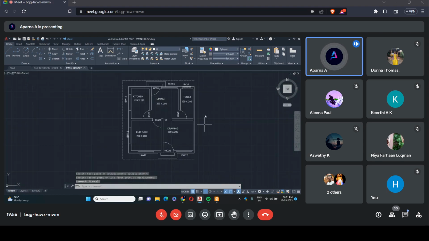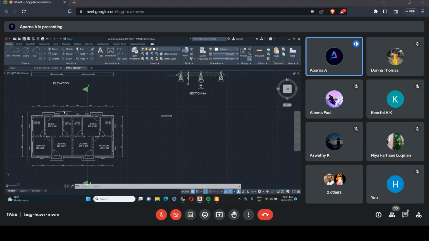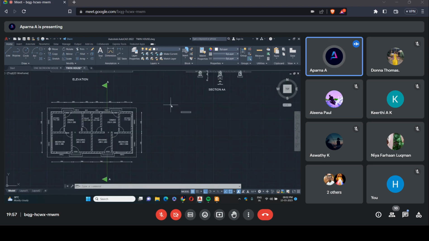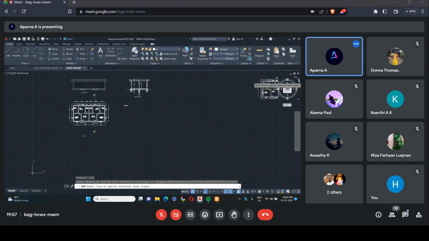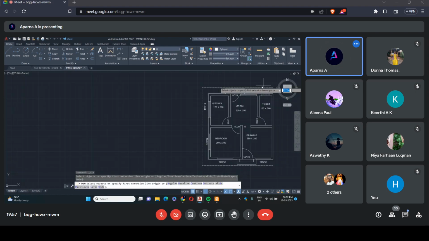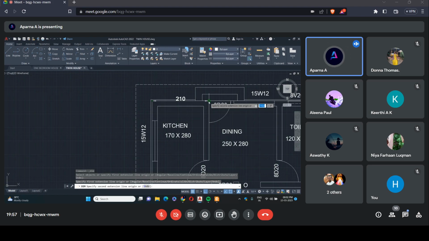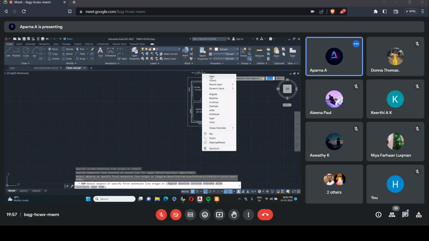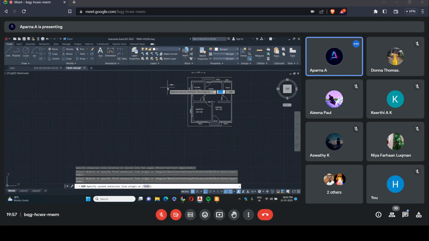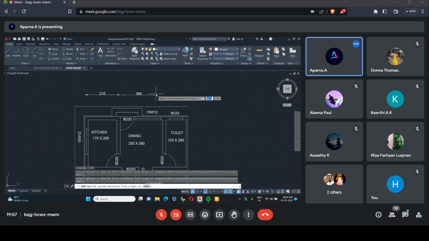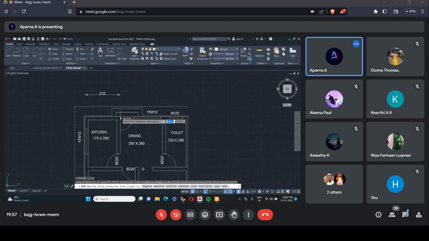So it's almost complete. Now I just need to hatch it. I also need to give the dimension line. I can give it afterwards. For that dimension, from this wall to this to 10. Then from here to